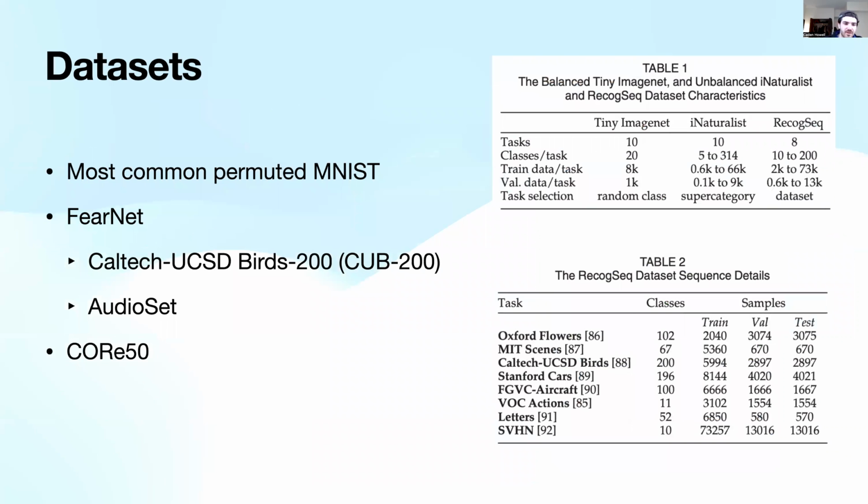Now we can go ahead and consider some of the data sets that are used to actually quantify how good continual learning is. One of the common ones is called permuted MNIST. You essentially take MNIST and you apply a constant permutation to all the classes. And what you want is for the new permutation, say that's a new task, to be able to learn to classify on that permutation, but also be able to classify for old permutations.